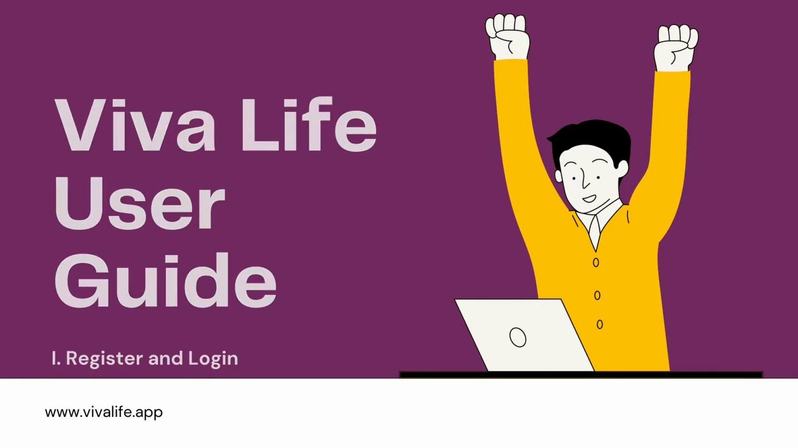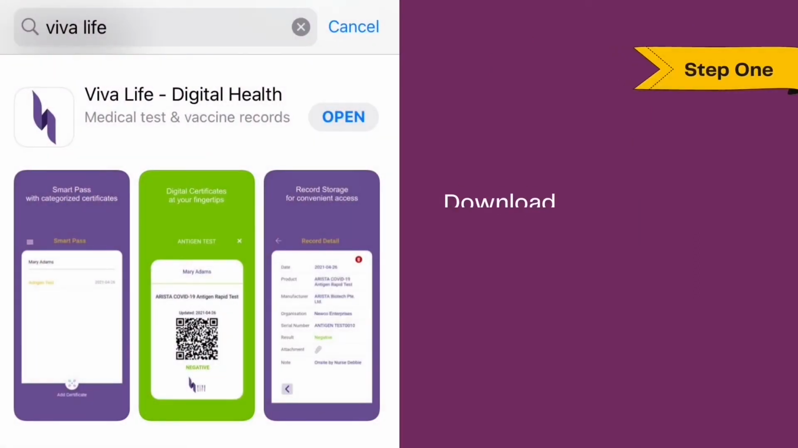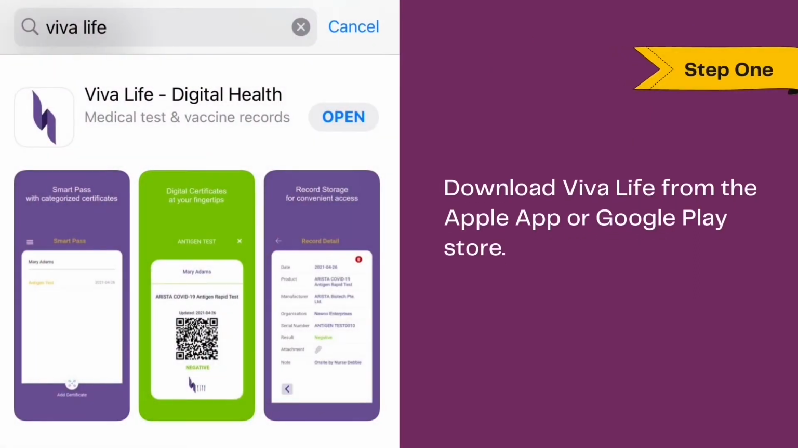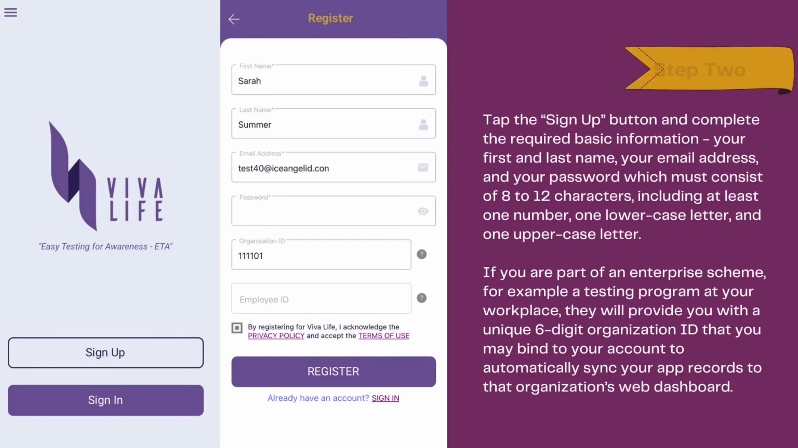Register and log in. Download Viva Life from the Apple App or Google Play Store. Tap the Sign Up button and complete the required basic information: your first and last name, your email address, and your password, which must consist of 8 to 12 characters, including at least one number, one lowercase letter, and one